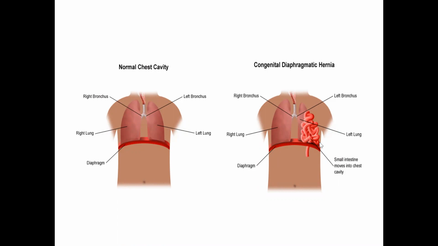But if this diaphragmatic hernia occurs in the mid or late trimester, the canalicular stage is well formed. The saccular stage is in late pregnancy, and even after birth it will continue. So at that time, the prognosis is good and there is no chance of pulmonary hypertension. But if the baby's diaphragmatic hernia is associated with pulmonary hypertension, then the prognosis is not so good.